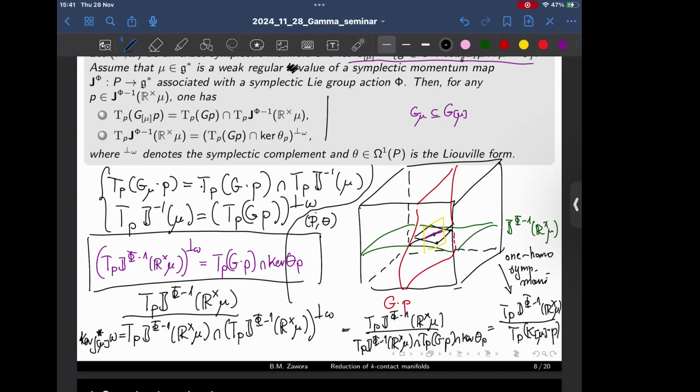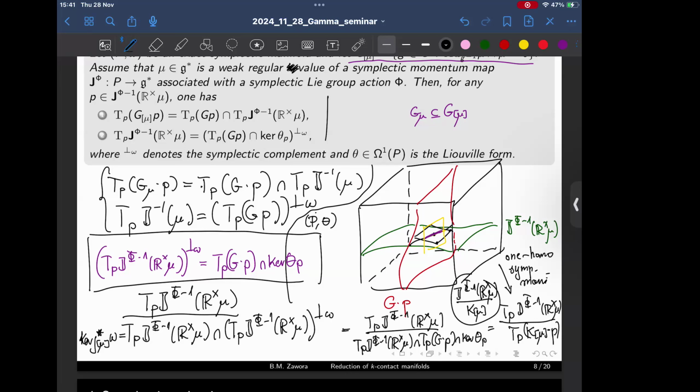But yeah, J_φ^{-1}(R × {μ}) divided by K_μ is the one homogeneous symplectic manifold. And we will use this lemma to prove the k-contact Marsden-Weinstein reduction. But here we have a generalization of the standard reduction lemma from just the symplectic setting. In the k-contact setting,